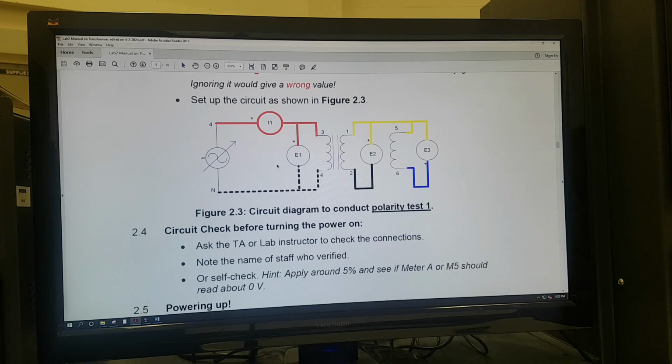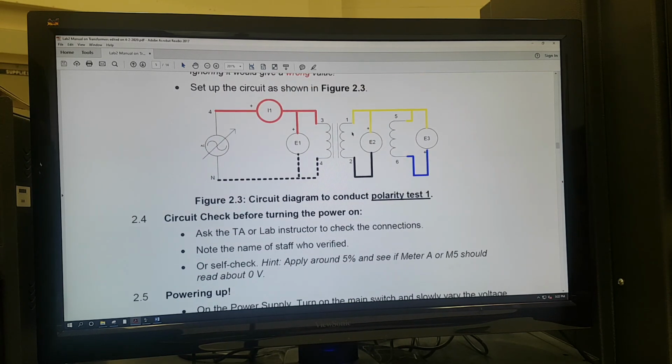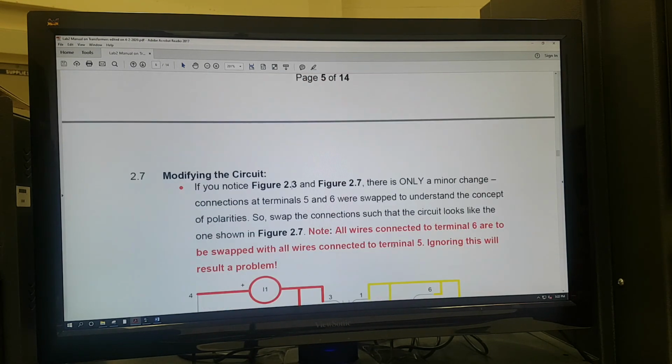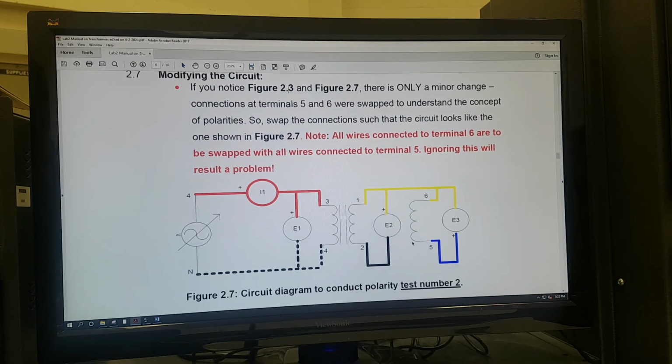The primary should be the same, only the secondary side: here 1 and 5 were shorted, 1 and 5 are connected together, and now here 1 and 6 will be shorted. That means we are reversing this winding basically, and then taking the measurements. So we'll see what is happening. So I'll just modify the circuit according to this one,